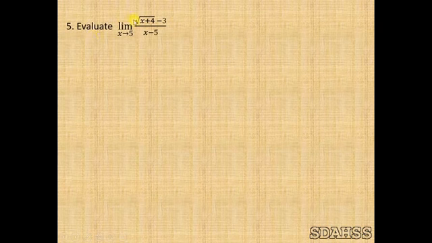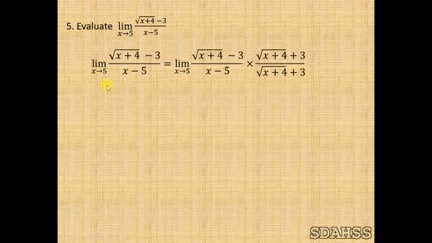Fifth sum, evaluate. Limit x tends to 5, root of x plus 4 minus 3, divided by x minus 5. In the numerator, you have to multiply the numerator and denominator by its conjugate. Its conjugate is root of x plus 4 plus 3. So this becomes limit x tends to 5 root of x plus 4 minus 3 divided by x minus 5 into root of x plus 4 plus 3 divided by root of x plus 4 plus 3, which is equal